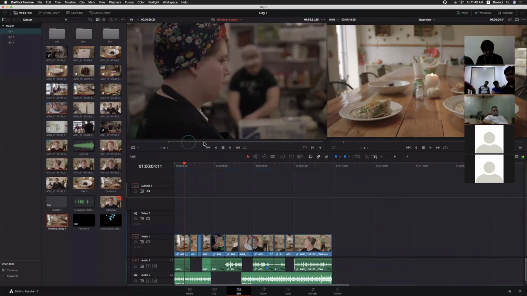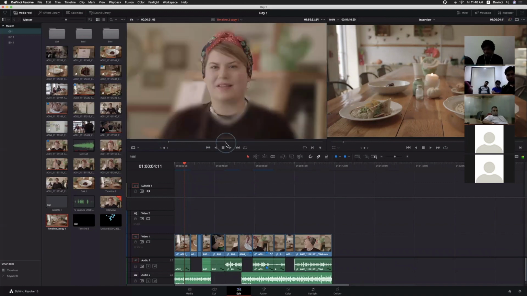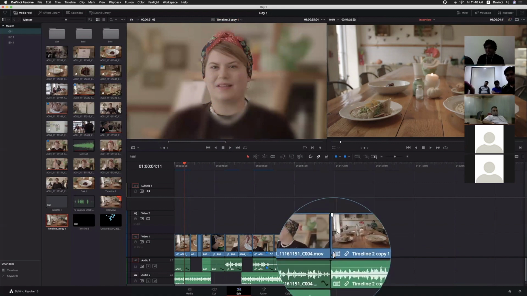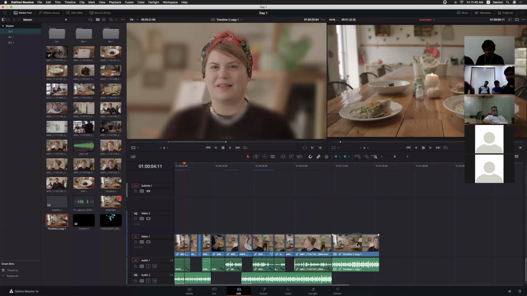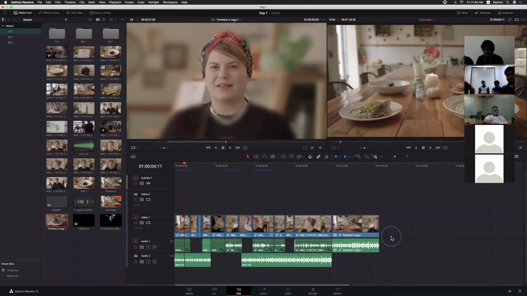Even we can add in and out points in a particular time for that particular timeline. Just drag it to your timeline. Now we added another timeline into the current timeline. Okay, you can do it even from the browser also. Just drag like this. So in this way we can merge multiple timelines also.